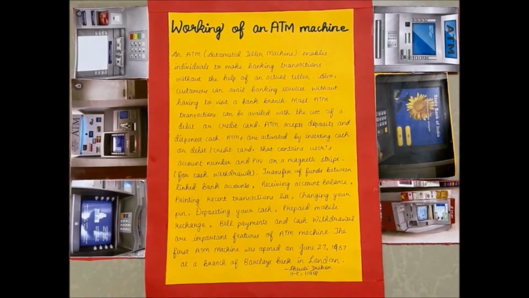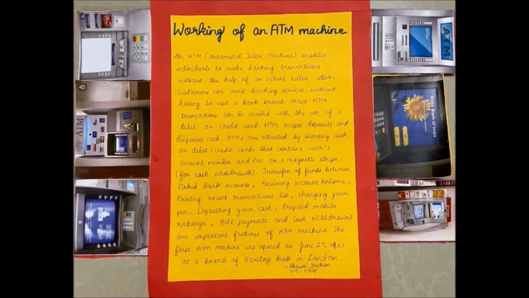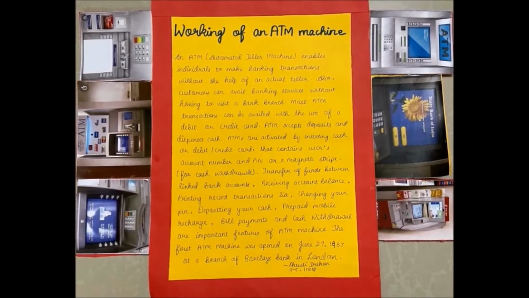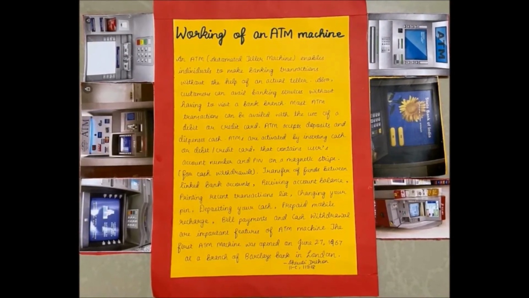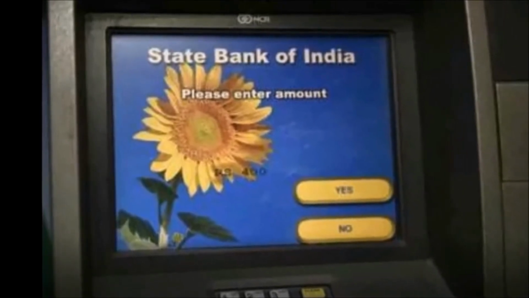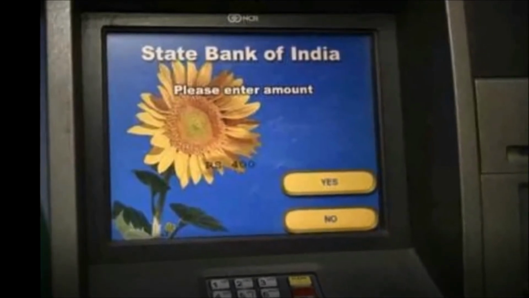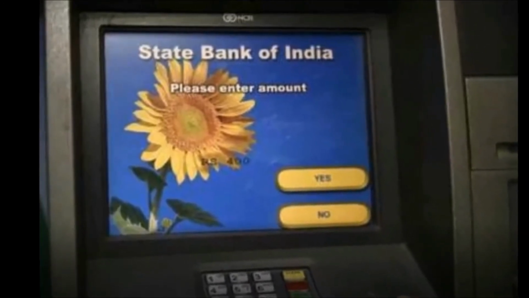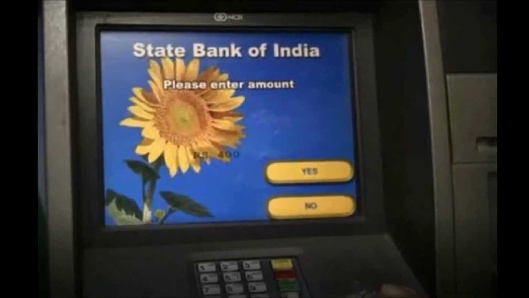Also, the customers can avail banking services without having to visit a bank branch. Most ATM transactions can be availed with the use of a debit or a credit card. ATM accepts deposits and dispenses the cash. ATMs are activated by inserting a debit or credit card that contains the user's account number and PIN for